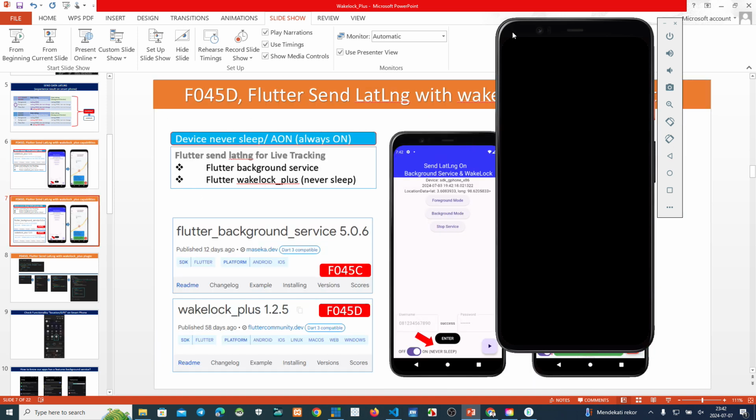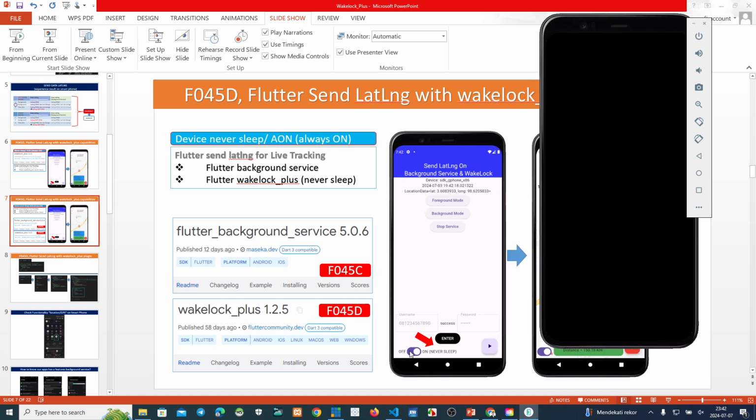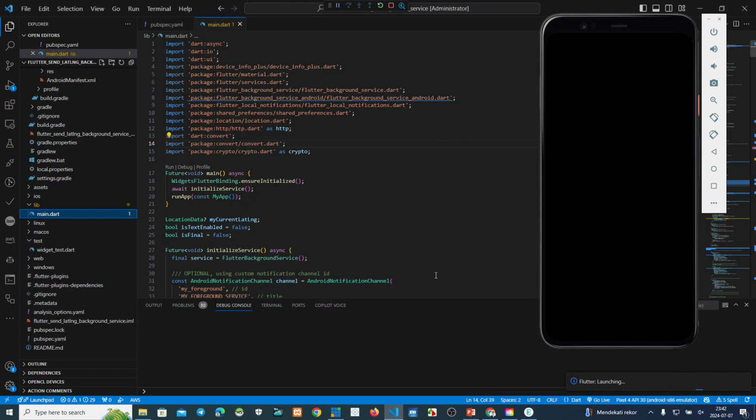We can see the set lat long without this one, because we want to add this wake lock plugin to the previous project. So if we make an APK and then send it to our smartphone, install it, and run it.